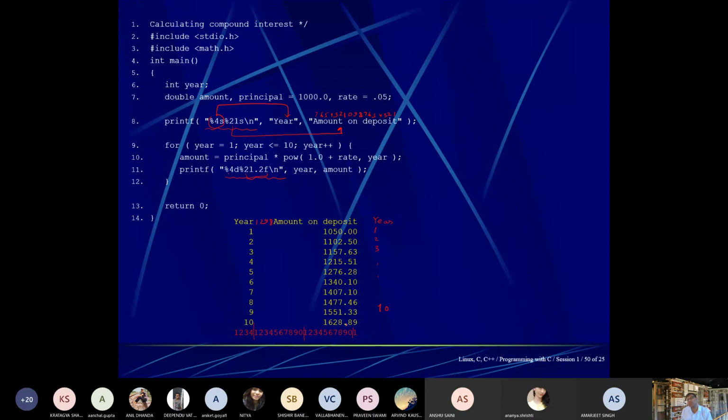A total of 21 digits are there, and it will be right justified. Whatever number comes, it will always be included with 0. It is necessary to put something after the decimal point, exactly for 2 places.